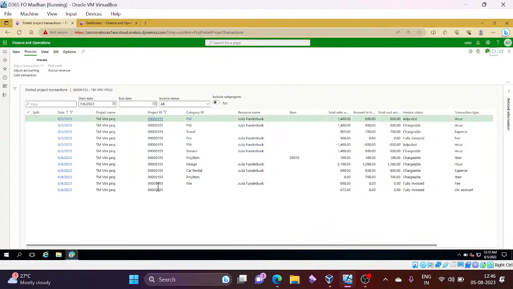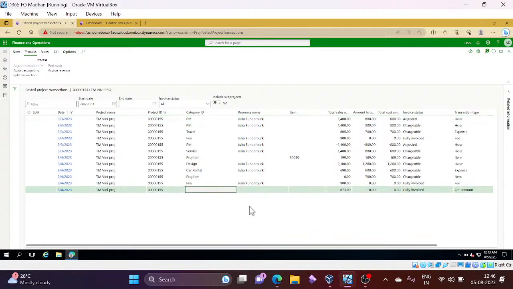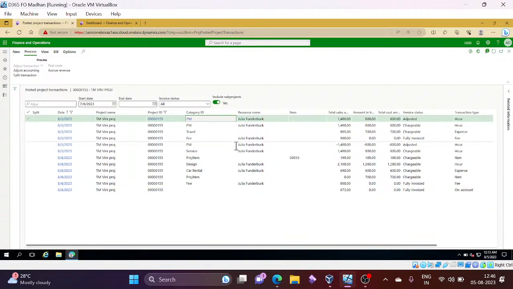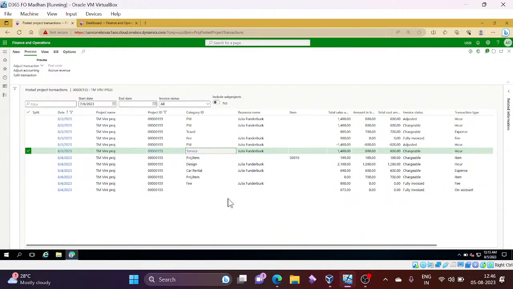So if you see here, this is the newly posted transaction, I guess. So see here, not these two, this one. This is the one we just corrected to service,